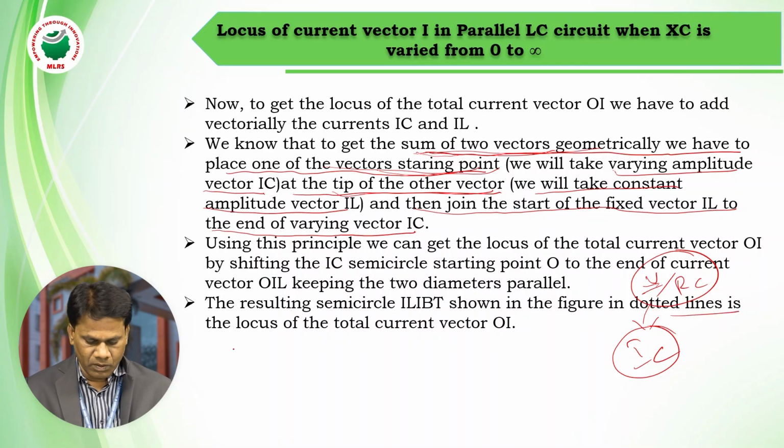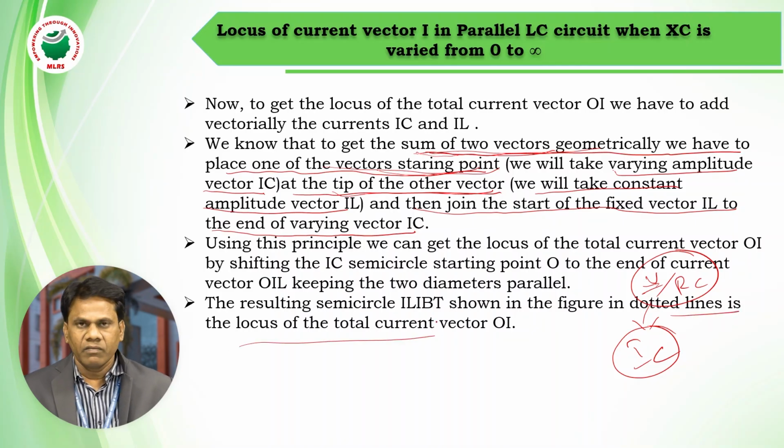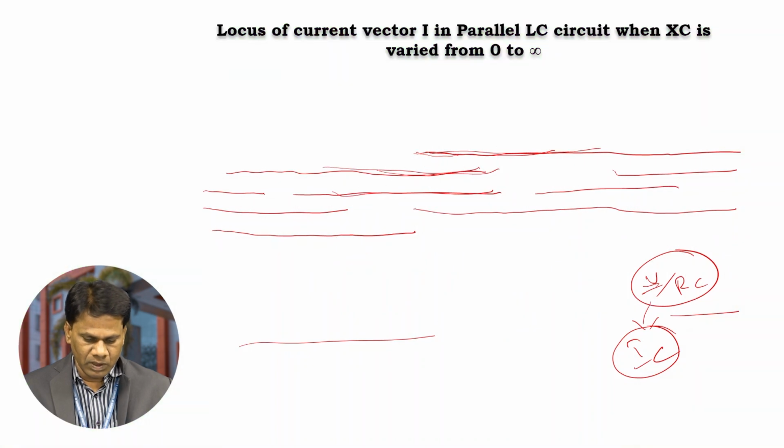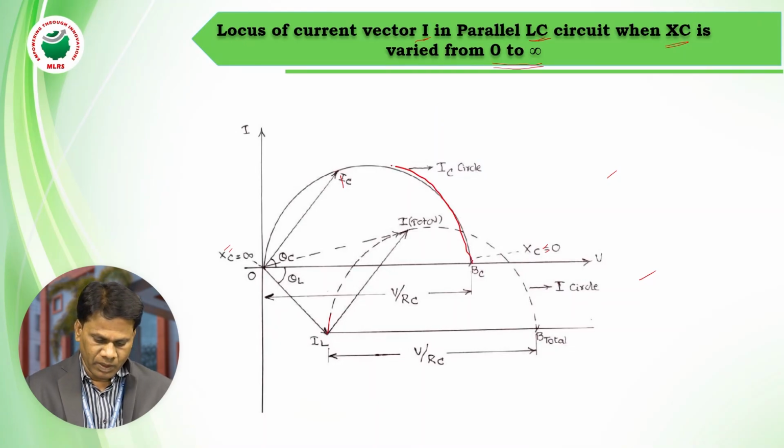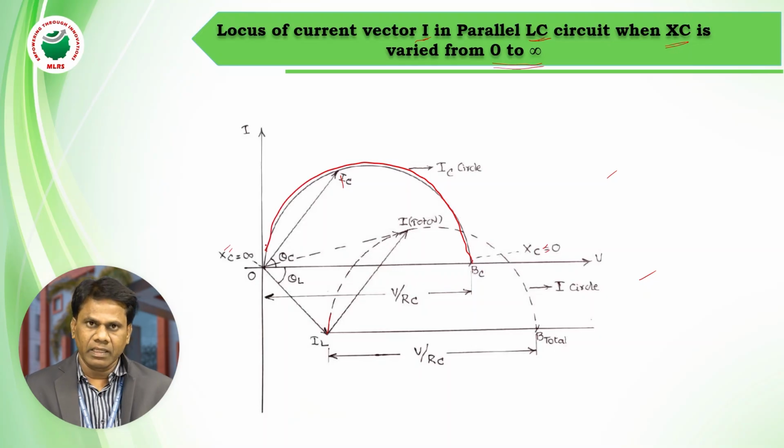The dotted line is the locus of the total current. I will show it in the locus diagram. So this is the total locus diagram. This is the locus diagram of IC. IC is a semicircle obtained by varying XC from 0 to infinity. This is the IL vector. Here I am starting, and OI is the total current,